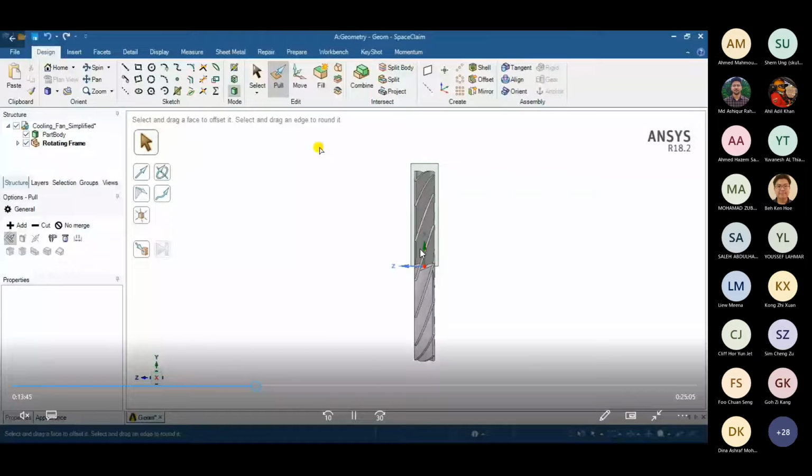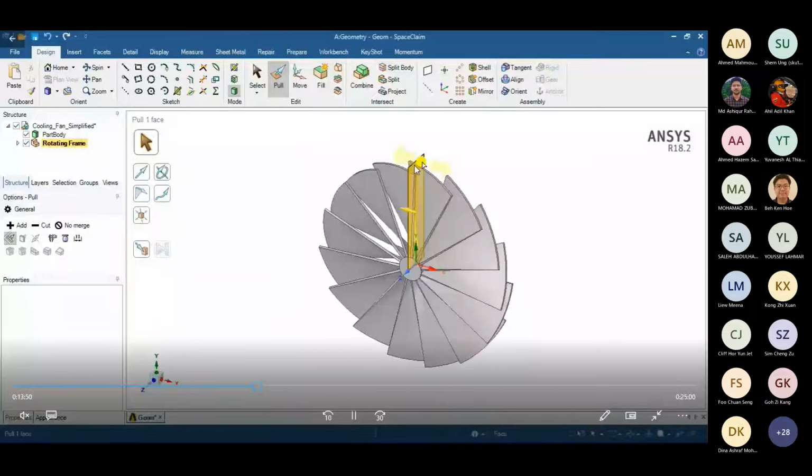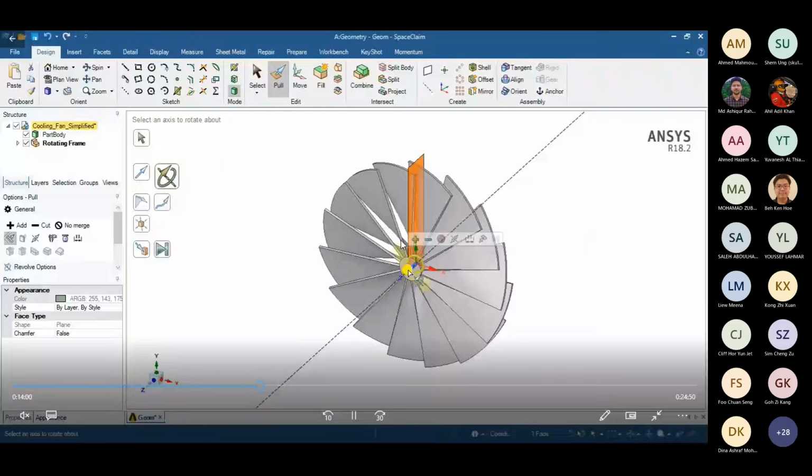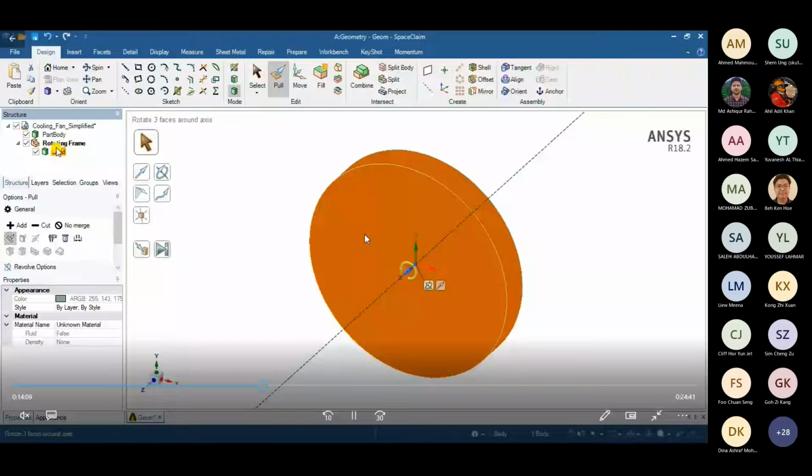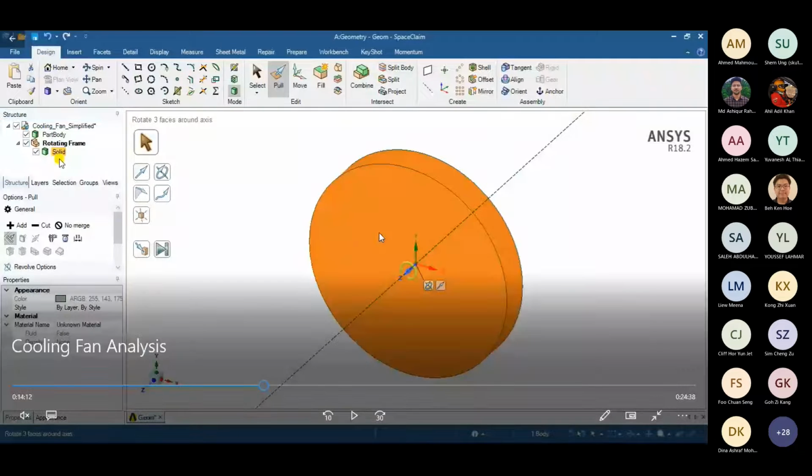Now, when I click on pull, I select the surface to revolve it. I click on this revolve option, and I have to give an axis around which this part will revolve. When I select the axis and click on full pull, it creates a separate solid. As you are seeing here, my circular disc is different and my part body is different. Now I have to perform the Boolean operation to unify them, delete the intersecting part and create a vacuum where my blade is.